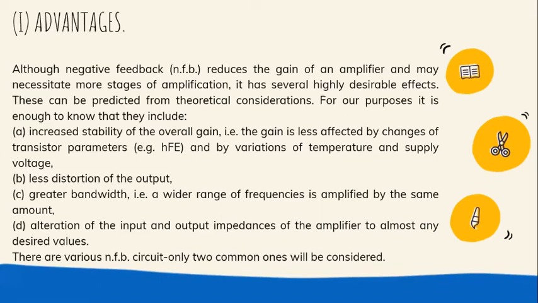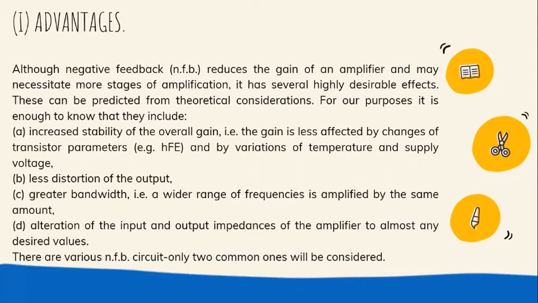First one, advantage. Negative feedback, or NFB, reduces the gain of an amplifier and may necessitate more stages of amplification. It has several highly desirable effects. This can be predicted from theoretical considerations. For our purpose, it is enough to know that they include: first, increased stability of the overall gain, i.e.,